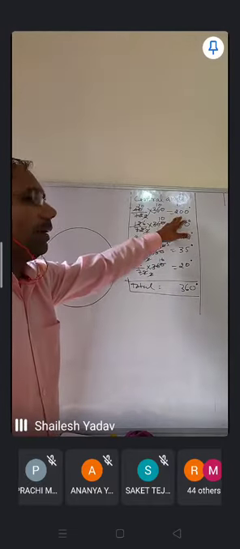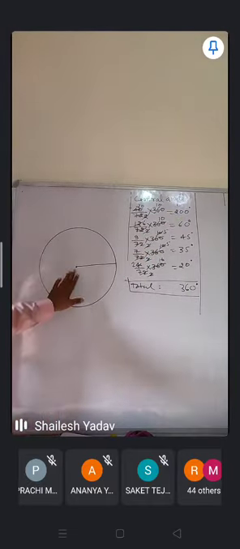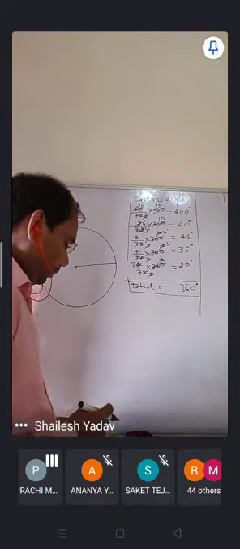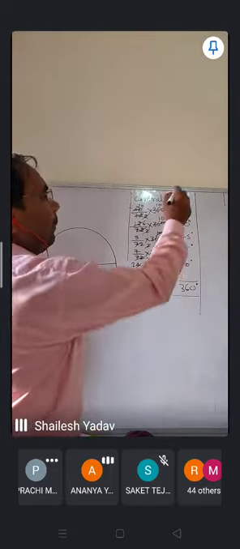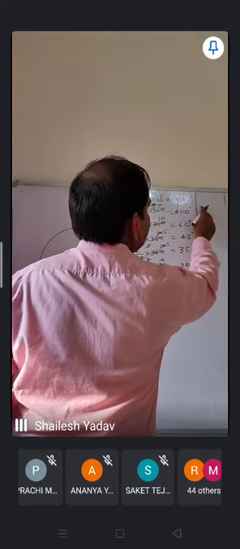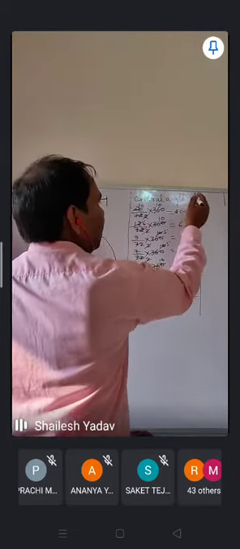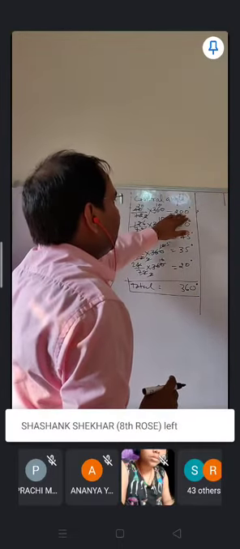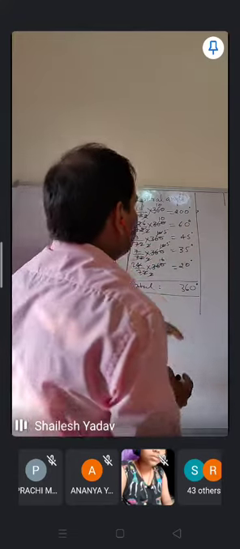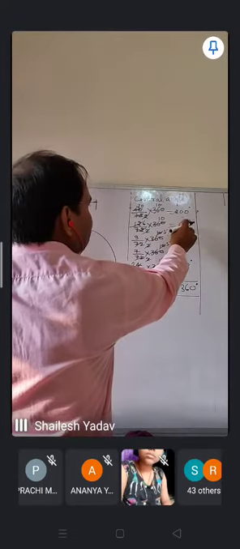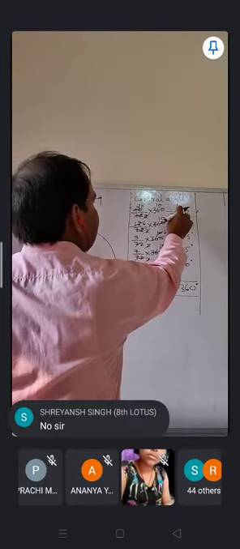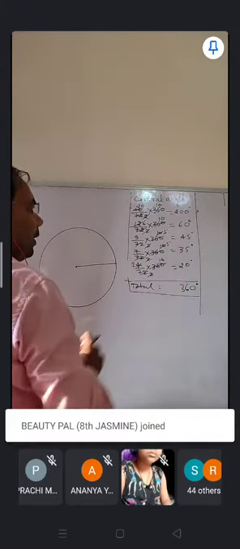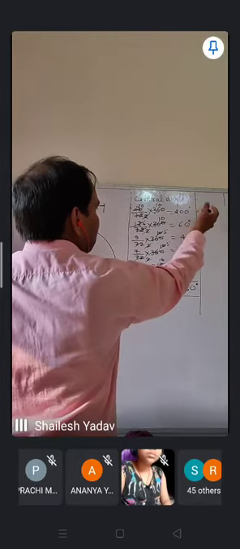So 200 degree, is it possible to draw 200 degree with the help of the protractor? No. If you get any angle that is greater than 180 degree, you need to leave that. I will use that angle at the very last. 60 degree is possible, so first I am going to start from 60 degree. Any angle that is more than 180 degree is not possible by the protractor, so you need to leave that angle and draw the next one.